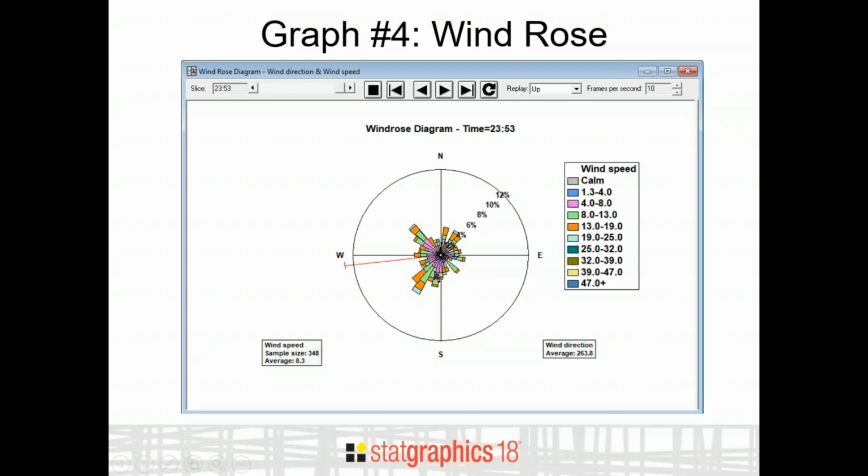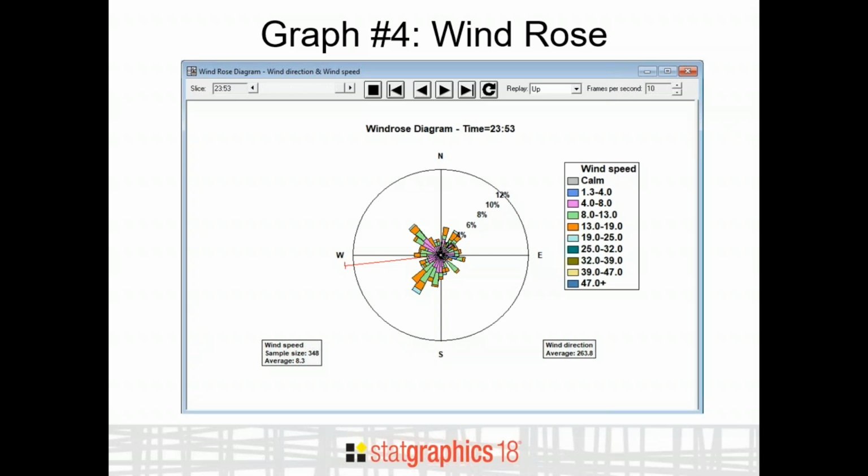For each section, any particular range of degrees, a petal is drawn showing how many hours during 2018 the wind was coming from a particular direction. Okay, now this happens to be a windrose for 23:53, 7 minutes before midnight. So we've looked at all the days in 2018 and tabulated the direction from which the wind was coming 7